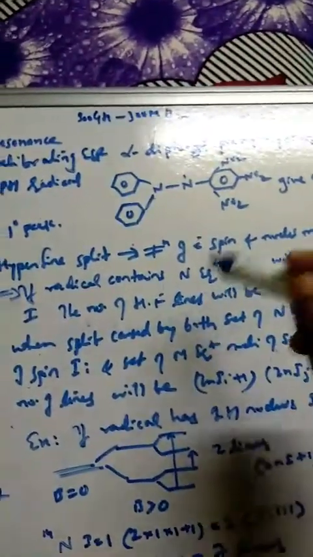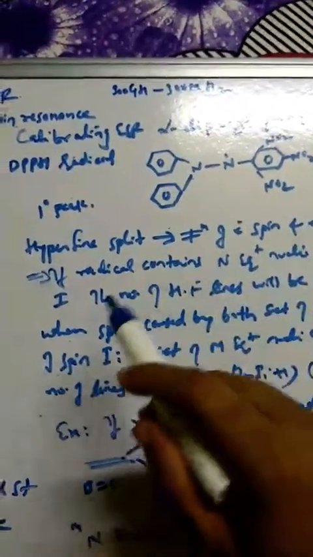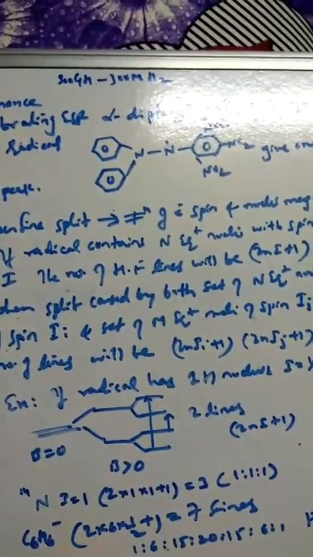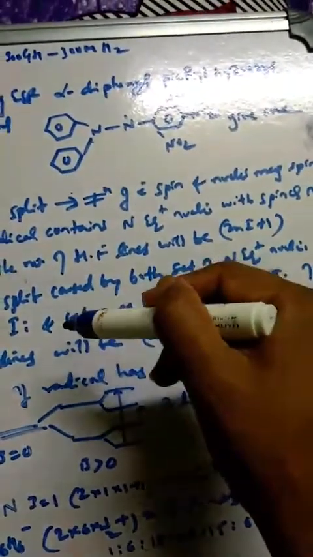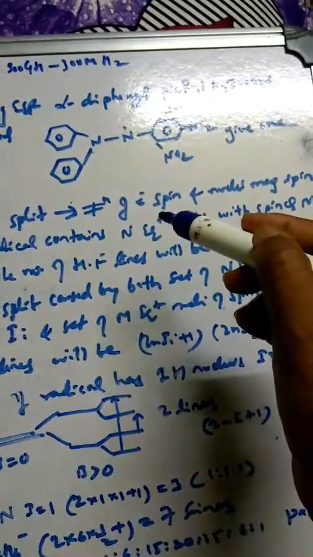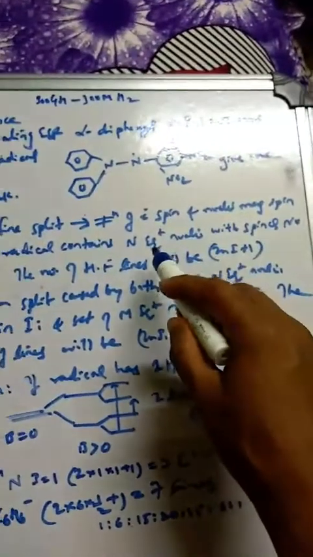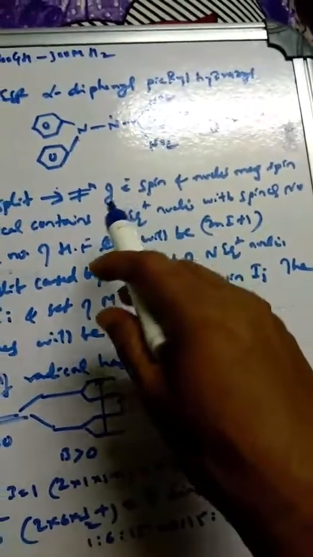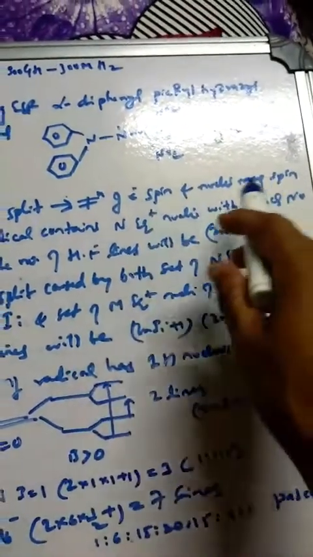With respect to this standard compound we are going to identify compounds having an unpaired electron. In this we also see the hyperfine splitting. So what is this hyperfine splitting? It is the interaction between the unpaired electron and nuclei with nuclear spin. So hyperfine splitting will happen here.